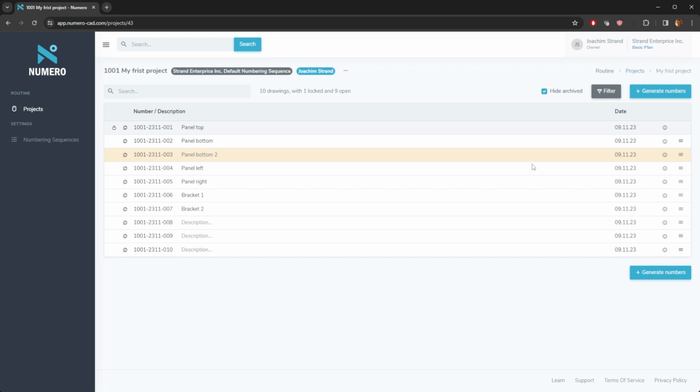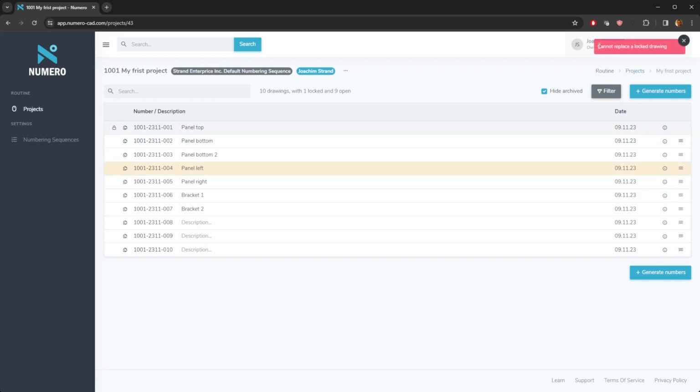And if I try to move, let's say, panel left to be number 1, it's going to tell me that you cannot replace a locked drawing. This one cannot be replaced, it cannot be changed. Nothing will be able to change this now, and so you don't need to worry about accidentally changing it